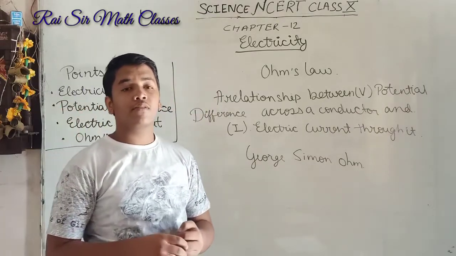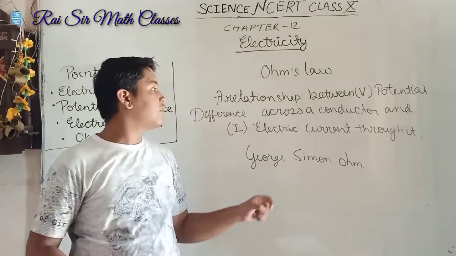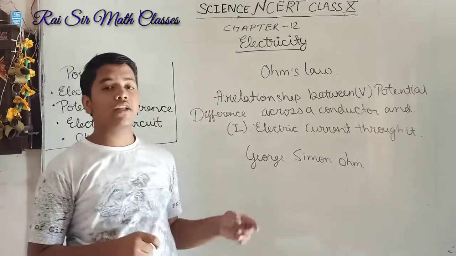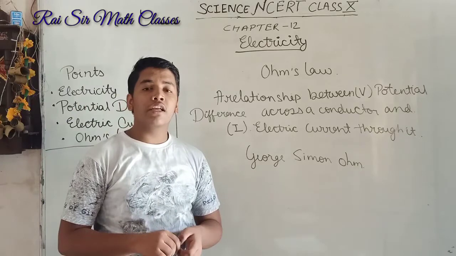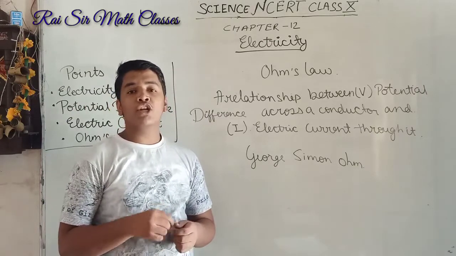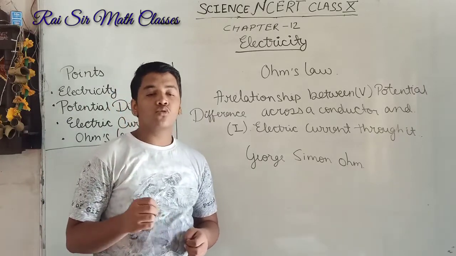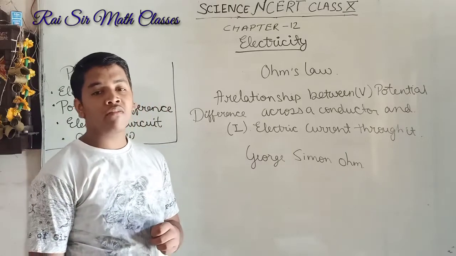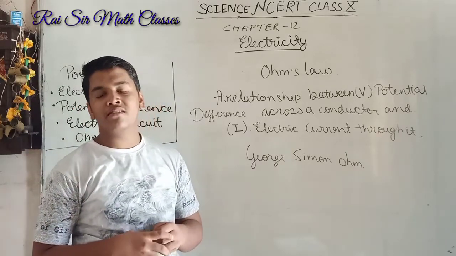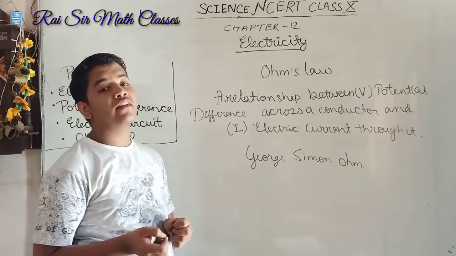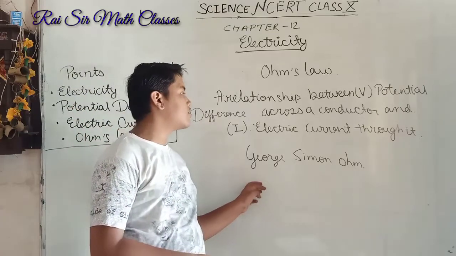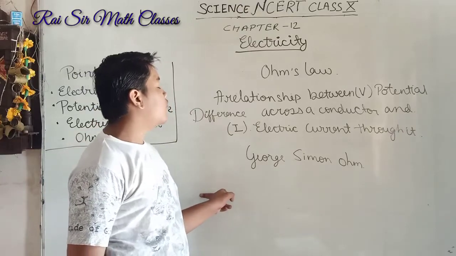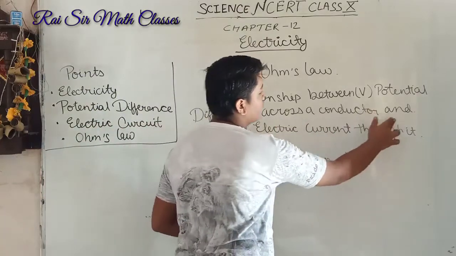Conductor means a good conductor of electricity. So what is a good conductor? A good conductor of electricity allows electricity to pass through it. As we are very familiar, aluminum wire, silver and especially iron are famous and well-known good conductors of electricity. So V is across a conductor,